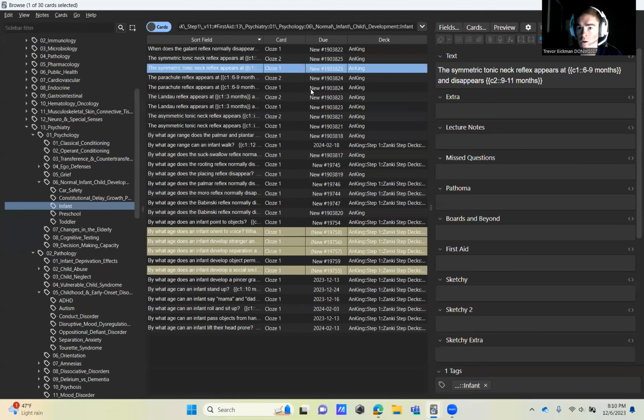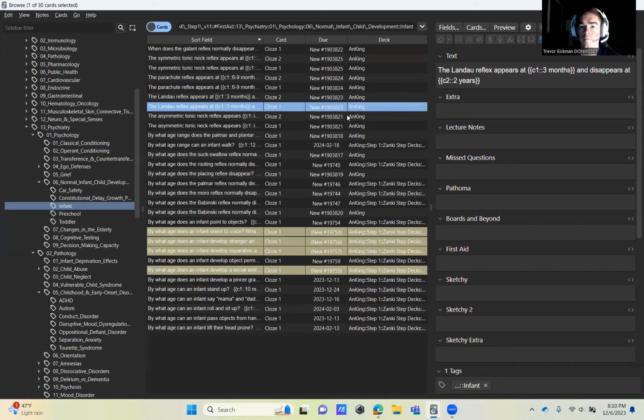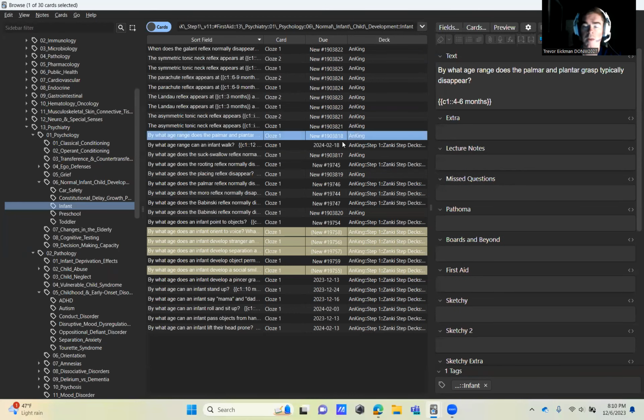And so that's when I came here and I made these cards. Like the parachute reflex, it appears at 6 to 9 months. It disappears when? Never. So, is that all right? Yeah, that's true. Okay. So I will show you how to make that, but then I would recommend everything that